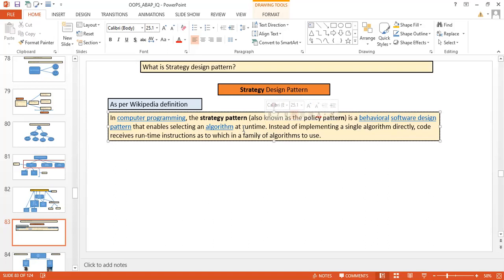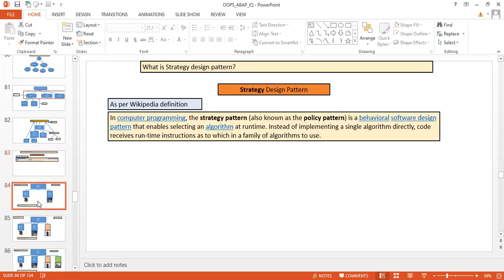So it provides the dynamic behavior of selecting a particular method at runtime, right? Instead of implementing a single algorithm directly, code receives runtime instructions as to which in a family of algorithms to use. So this is the strategy.